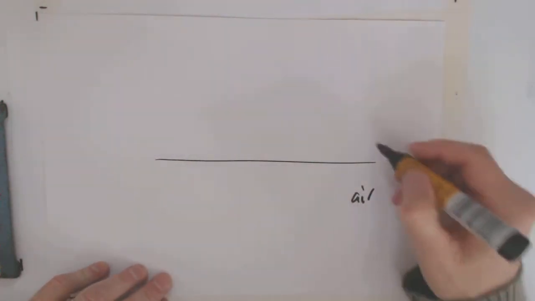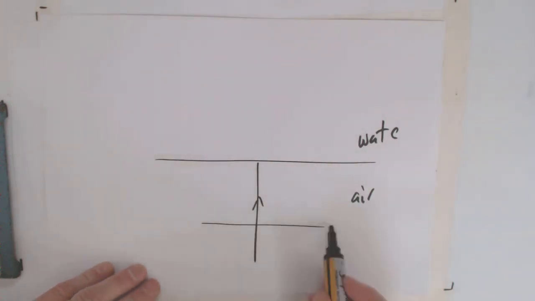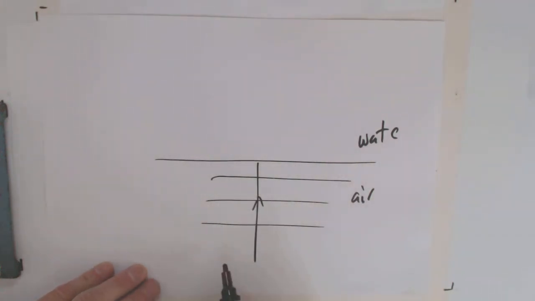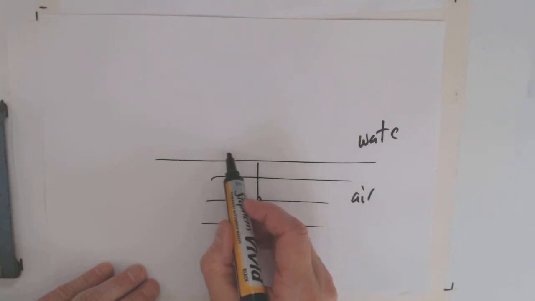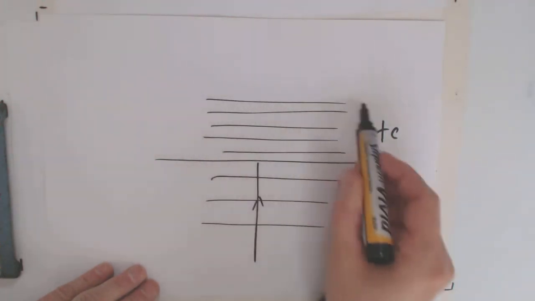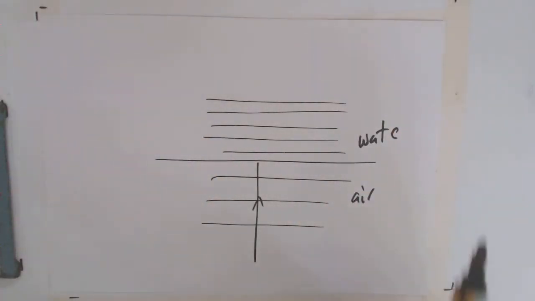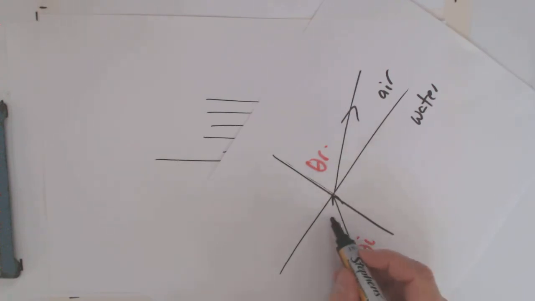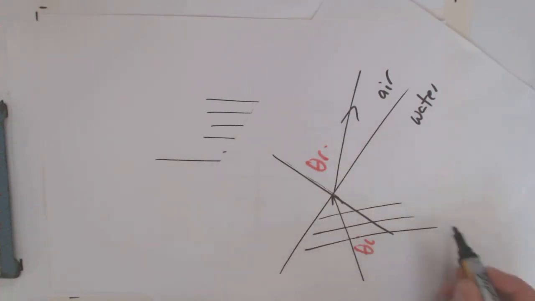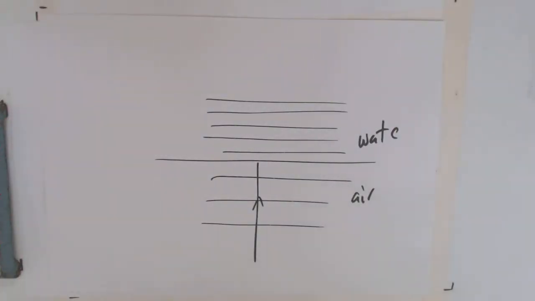If this is air and this is water, and my wave fronts hit like that, they're going to get smaller, but they're not going to bend because the wavefront is hitting evenly. So you have to have the wave fronts hitting at an angle to get this whole bending effect. So it's important to understand that. I think that's enough for our